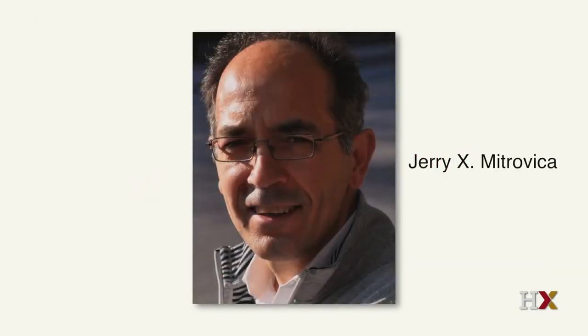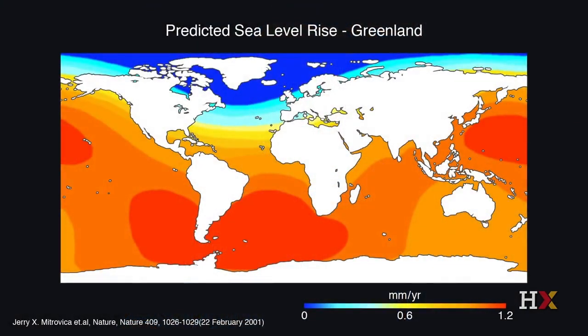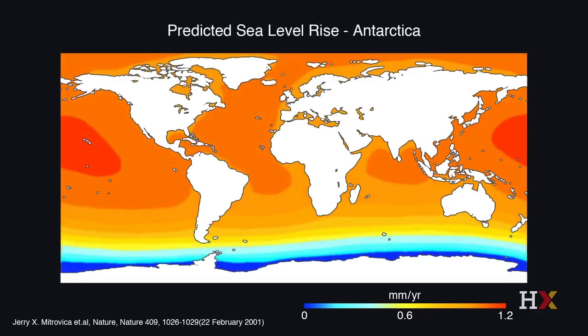My colleague Jerry Mitrovica combined all of our understanding of the physics of sea level rise and came up with the idea of actually being able to fingerprint particular sea level changes. Here's how it works. Let's imagine you had a certain amount of ice melting from Greenland. Jerry can calculate what the distribution of sea level rise would be due to some mass loss in Greenland. And it would have a particular fingerprint. So there would be a certain pattern of sea level rise that you would see globally if it were due to melting of Greenland ice. Similarly, Jerry can do this for all the different sources of ice. So he can do the same thing for Antarctica.